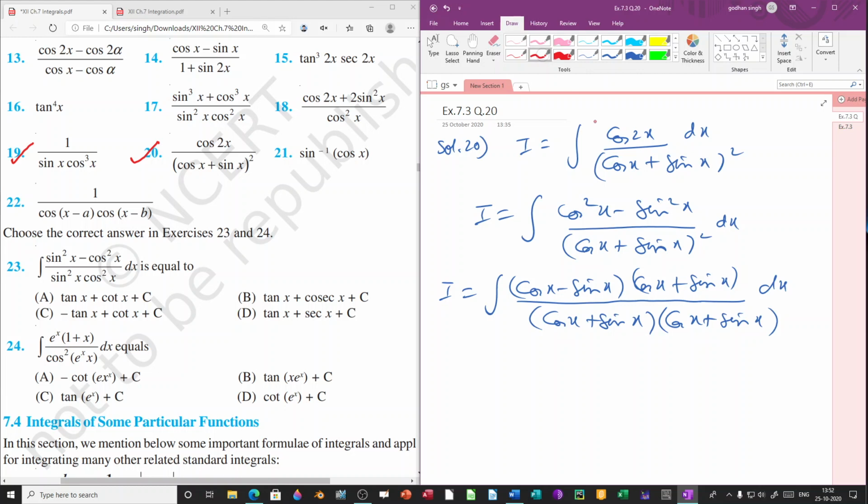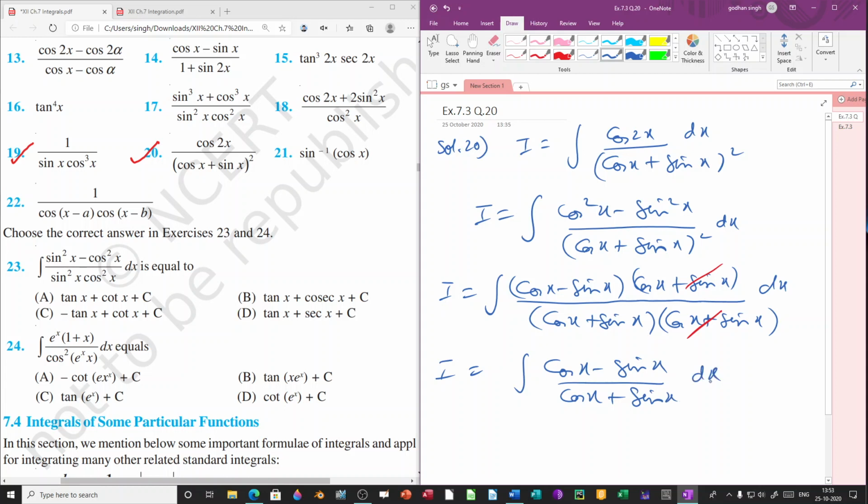Now cancelling the like terms from numerator and denominator, that is cos x plus sin x and cos x plus sin x, remaining we have I equal to integration of cos x minus sin x over cos x plus sin x